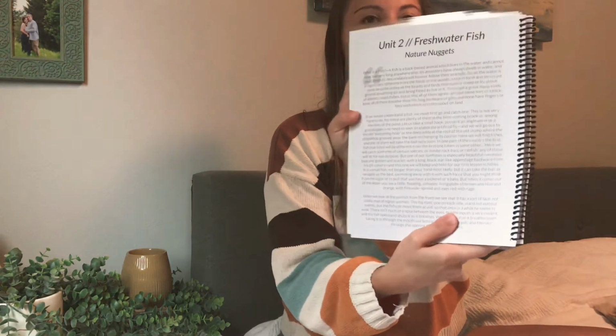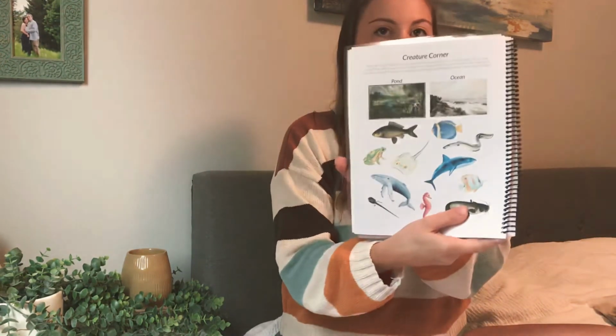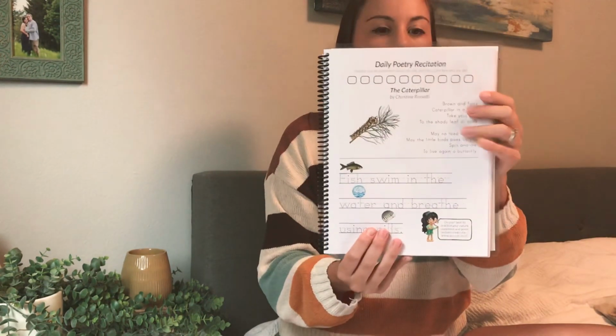If you haven't seen it, this is the student one. We have this that we read, and it's quite a lot, and it's very scientific. Usually it takes us 3 different times of reading. We'll read it, and then we'll do one of the fun activities with it. We'll always do watercolor for whatever it is. So this unit is fish, so we're going to be